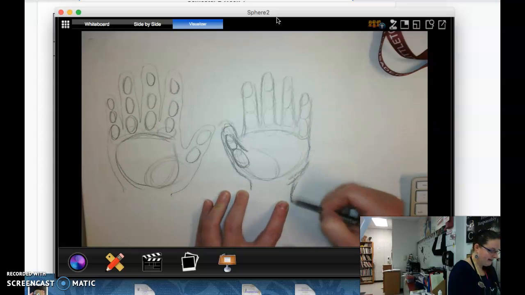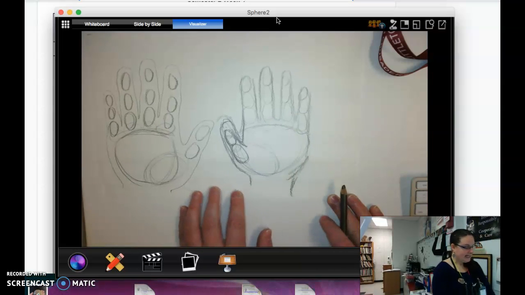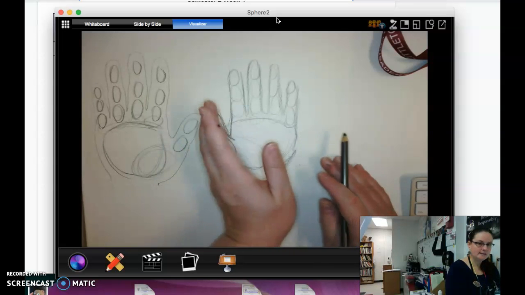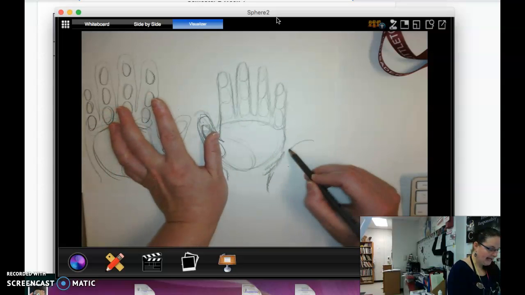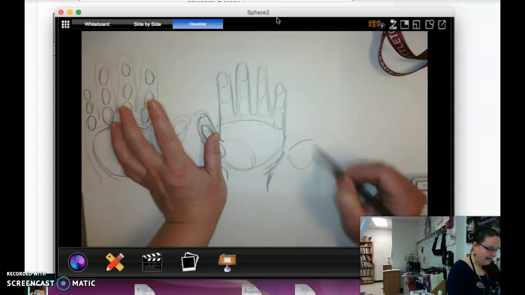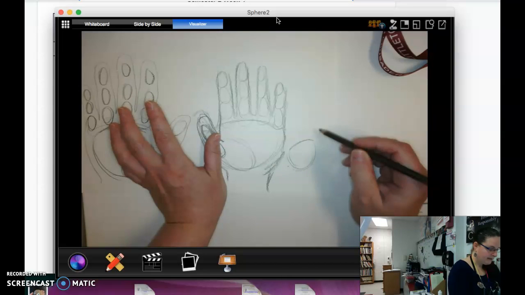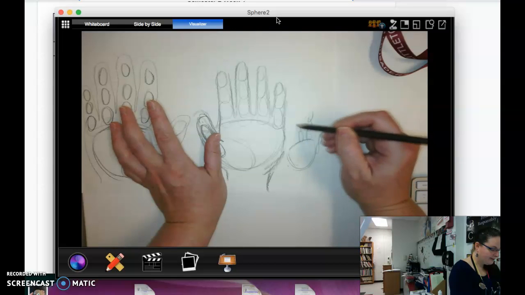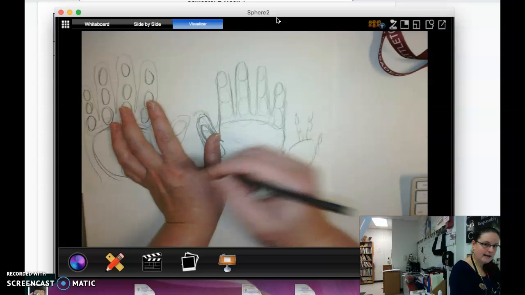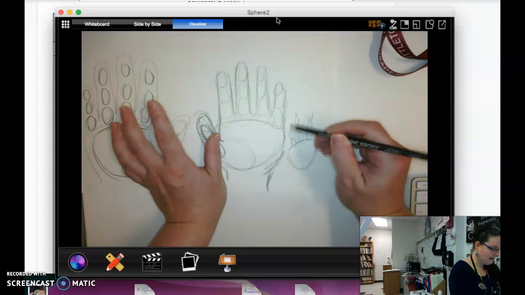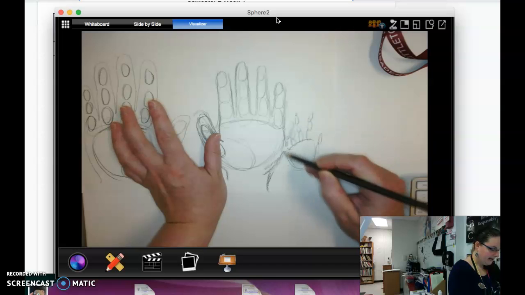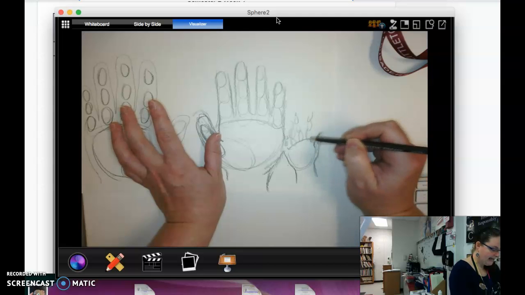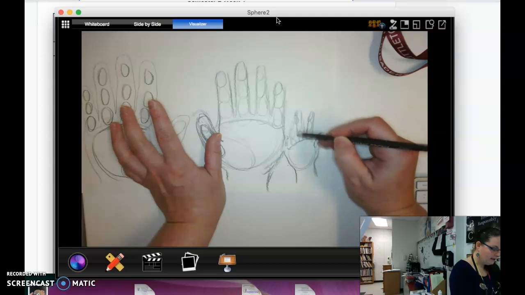Now the beauty of this method, okay, is now that you know how to break down the hand into shapes, you can try other poses, okay? So if I were doing my hand maybe to the side, I would notice how this part changes shape. I would notice the height of my thumb and my fingers sort of in proportion to one another. And I'm kind of drawing my hand this way, so it's a little bit different. And then I would go around again. This is very, very quick. Go around my hand with that contour line